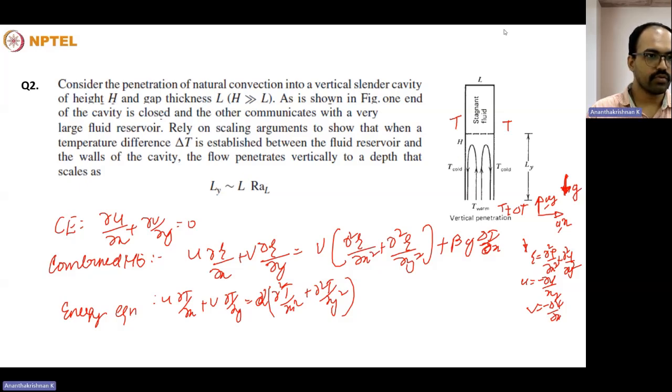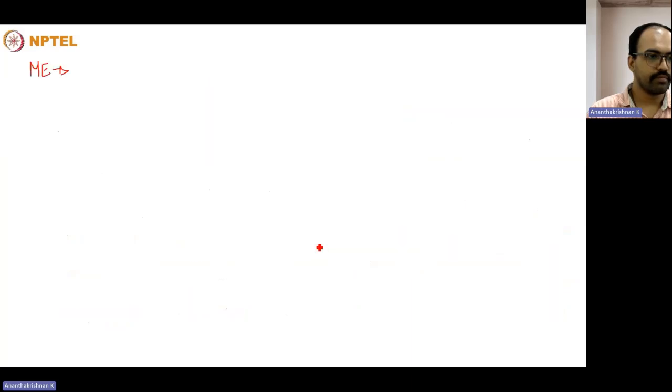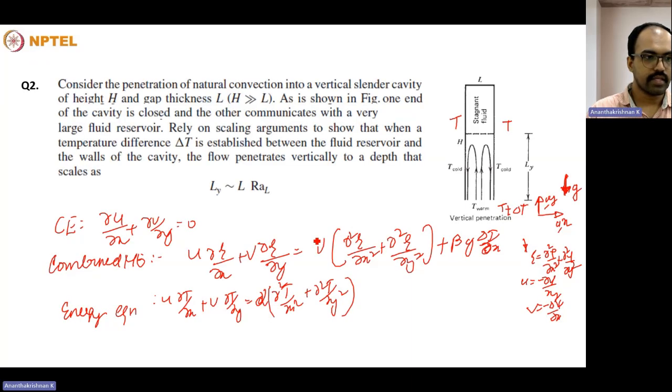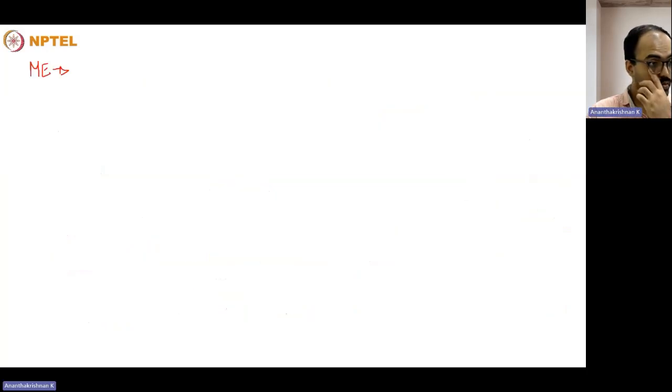X will be scaled based on L, this horizontal dimension. So it could be scaled as